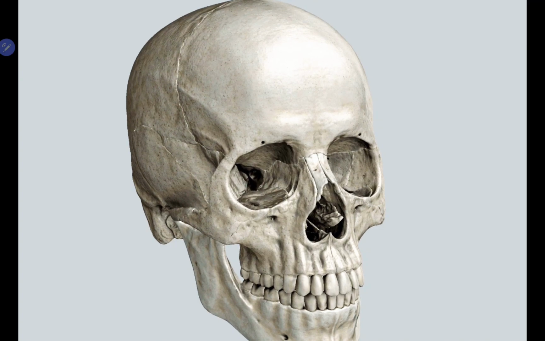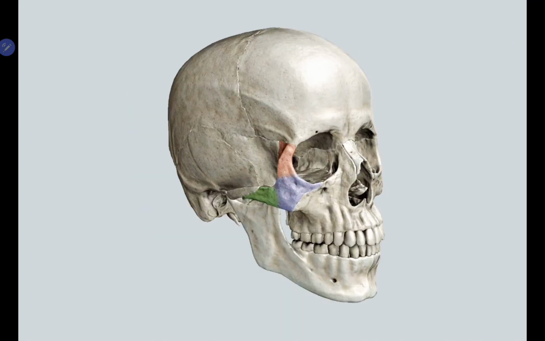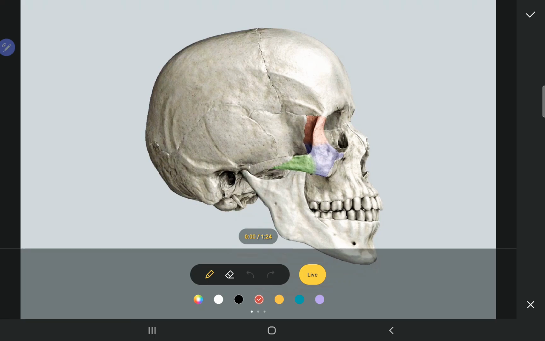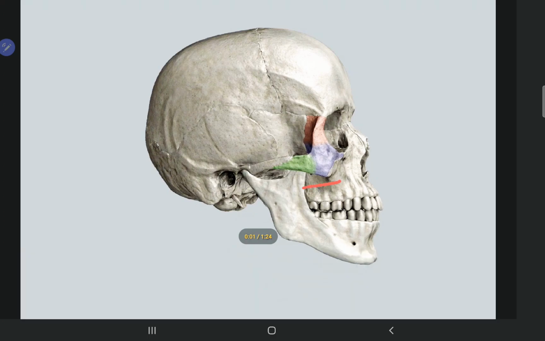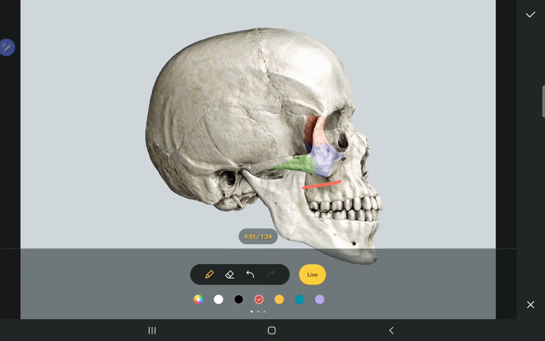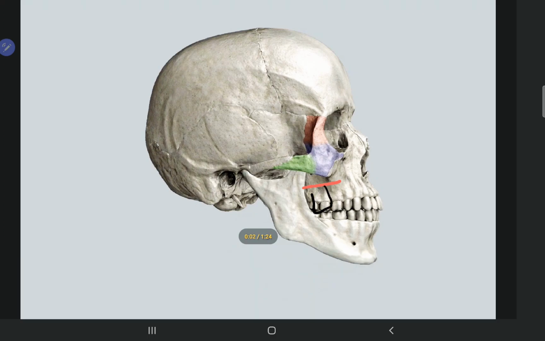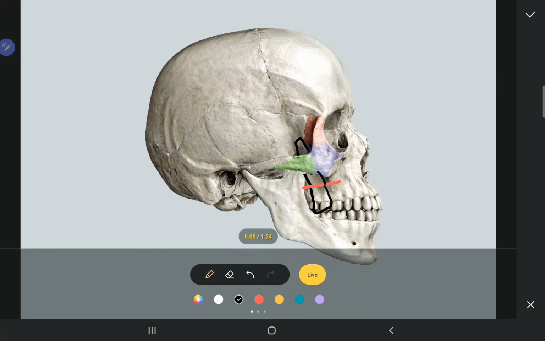So let's talk about the open reduction first. The first approach we have is the upper buccal sulcus approach. What we do here is give an incision in the buccal vestibule above the attached gingiva. Then we elevate the flap. We take an elevator and put this elevator beneath this incision, and we reduce the zygomatic arch.